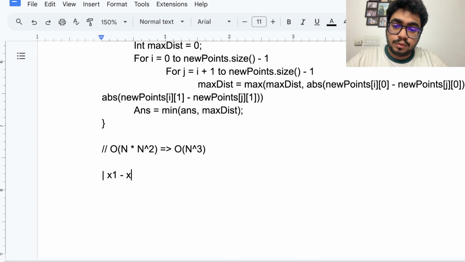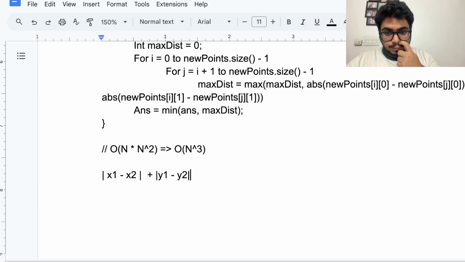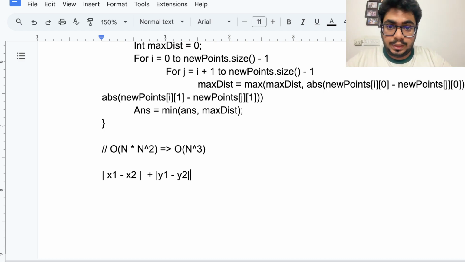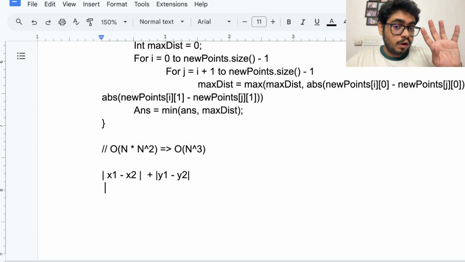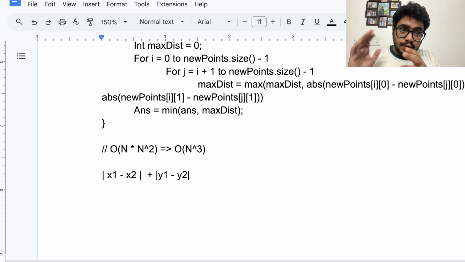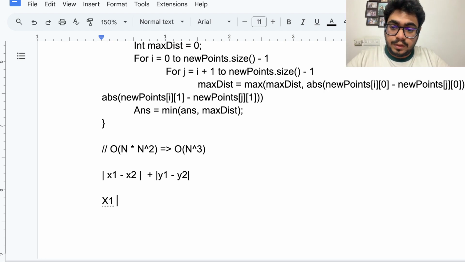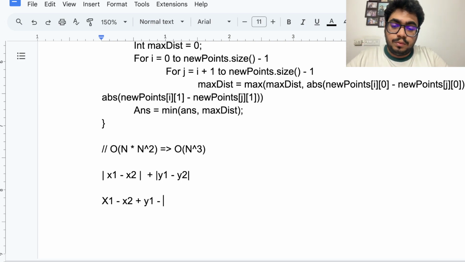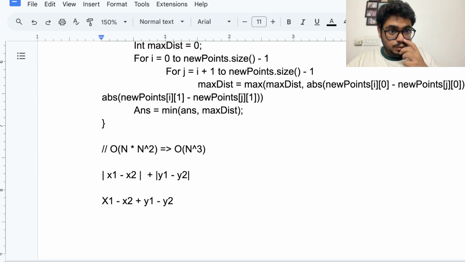So |x1 minus x2| plus |y1 minus y2|. Okay, this is what the equation looks like. So if we try to remove these absolute values, let's see what we will get. There could be four ways in which we can remove these mods. One could be where the values are exactly like they are right now. So x1 minus x2, where x1 is in fact greater than x2, plus y1 minus y2, where again y1 is greater than y2, right? So here if you think about it, it becomes x1 plus y1 minus x2 plus y2,